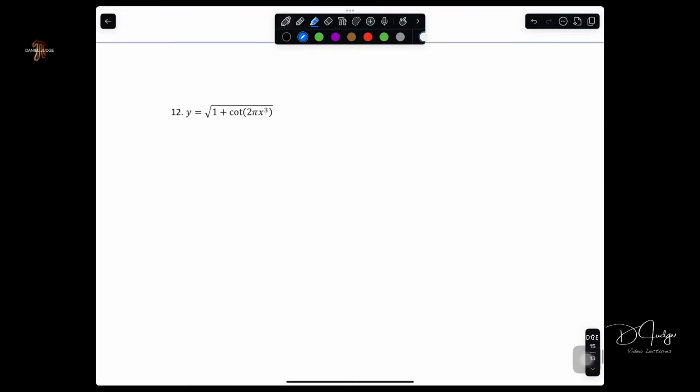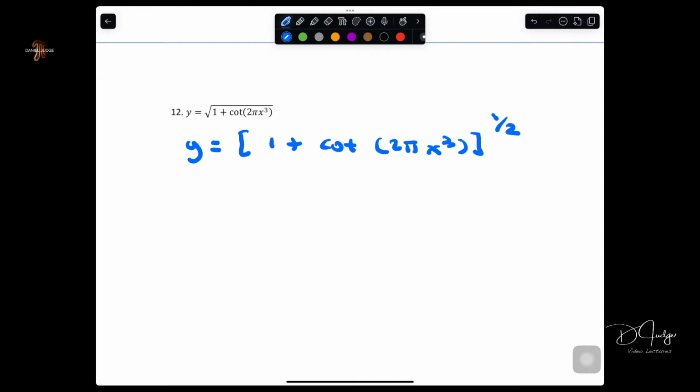All right. Number 12. Writing the square root with a rational exponent, we can see that this is chain rule here with power rule. Okay. Now, u is right here. So y prime becomes 1/2